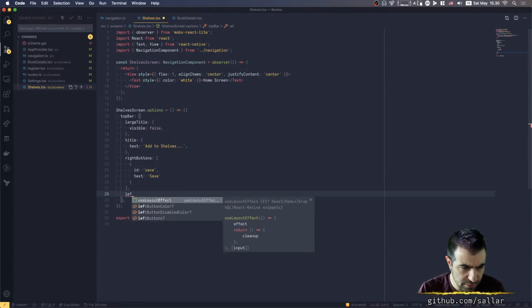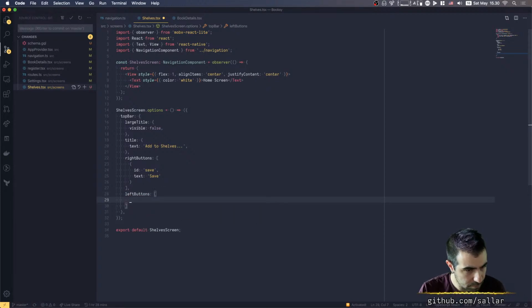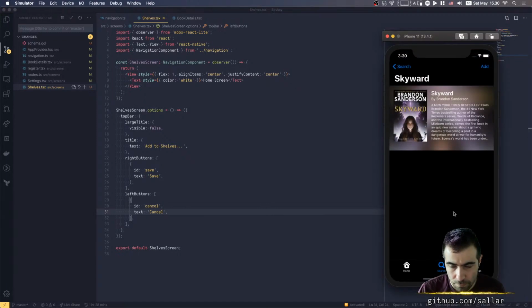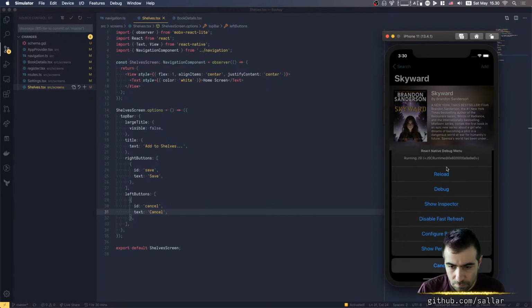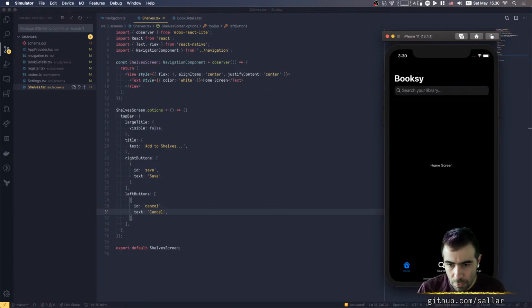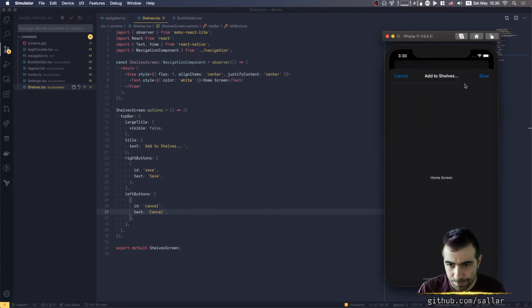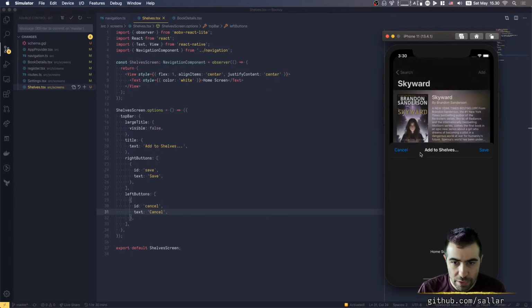Can you do left buttons? ID cancel, text cancel. Go here, go here, go here. It works. So now we want to